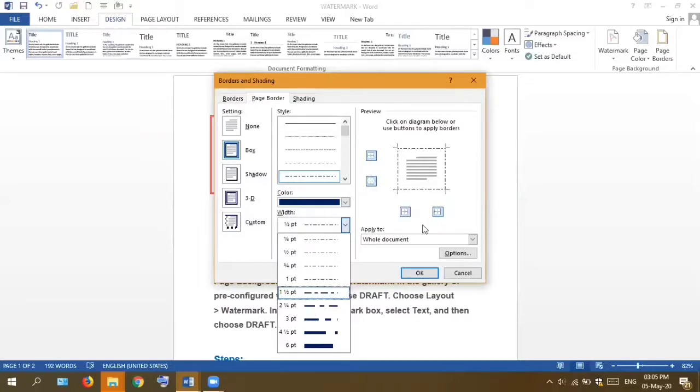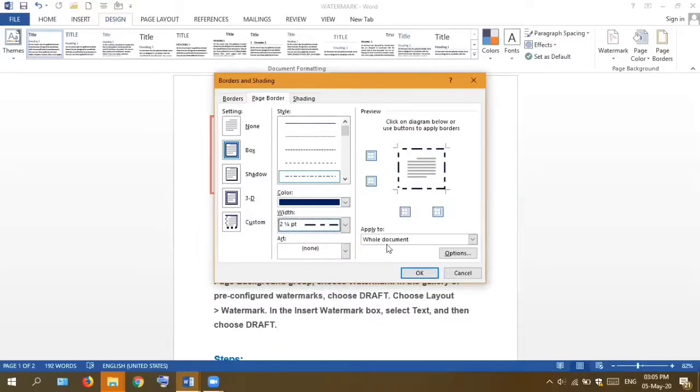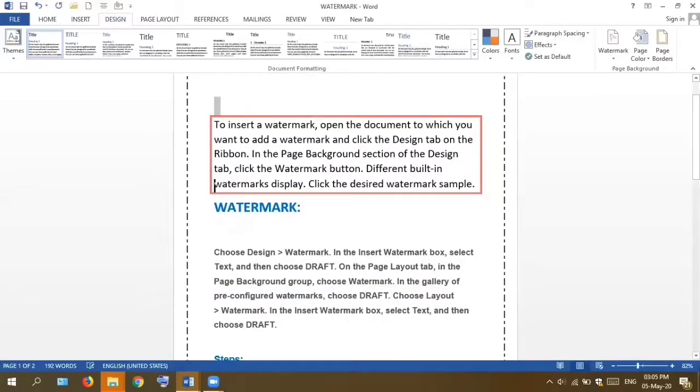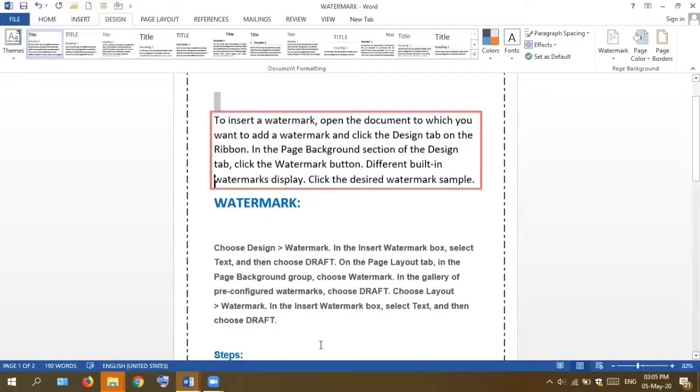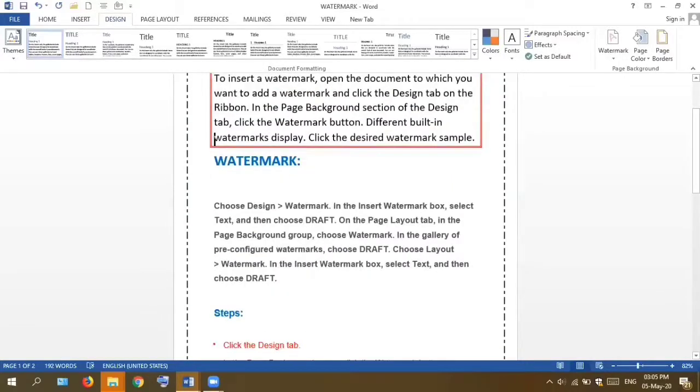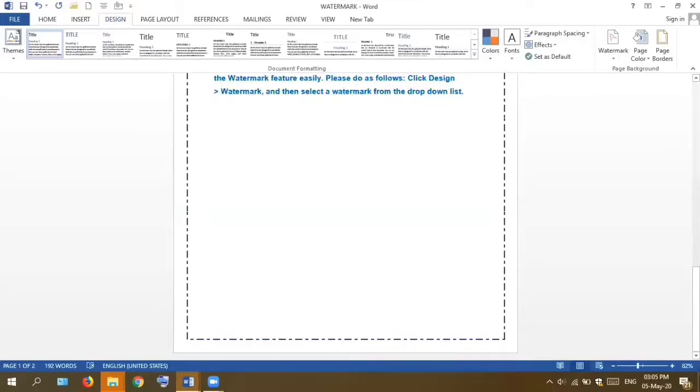I choose this one. Then apply to whole document. Here on the document this will apply. Okay. Now you can see that the border is applied to the pages on the whole document, and 2 pages are there on this document, so the border will be applied on both pages. Now you can see that the border is applied.